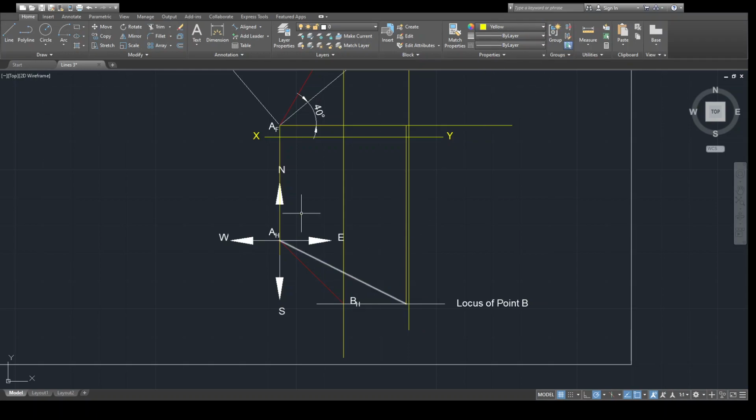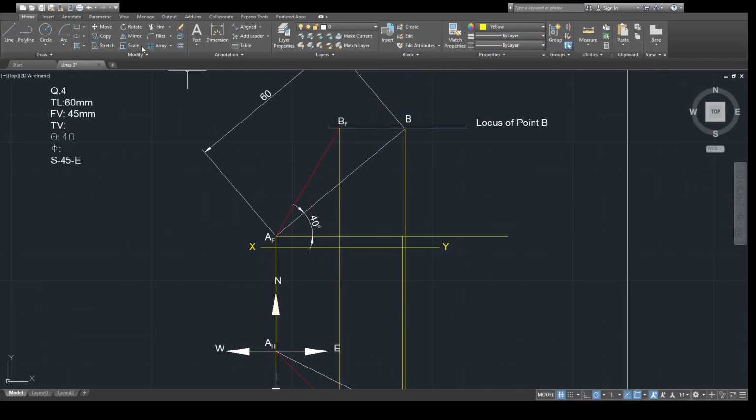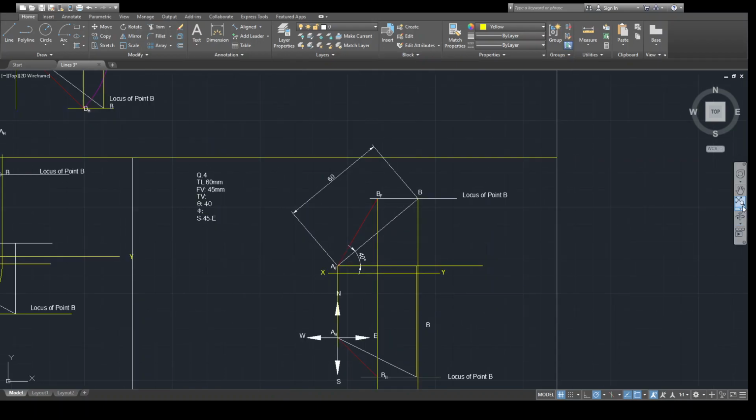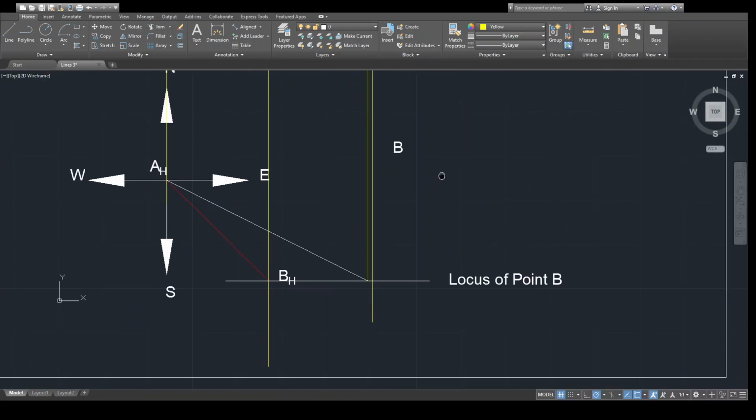Yes, and this is the true length in case of top view. So we call this point as point B. So AHB is the true length in case of top view.